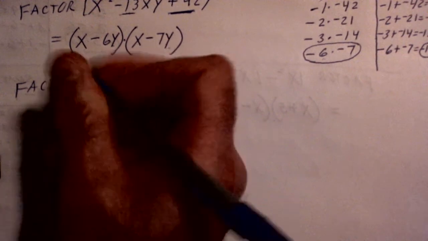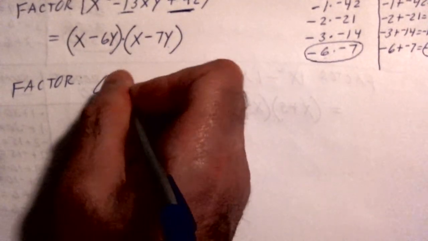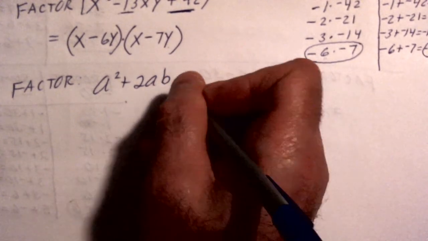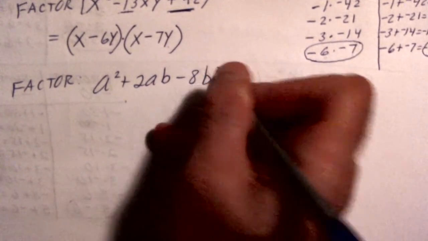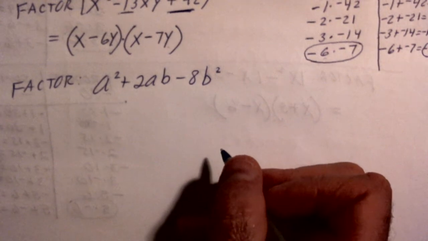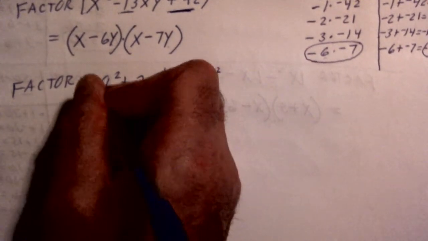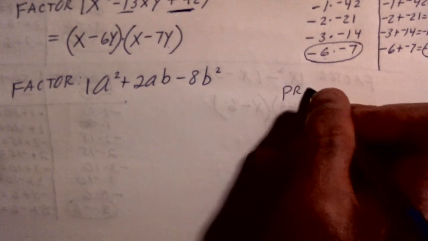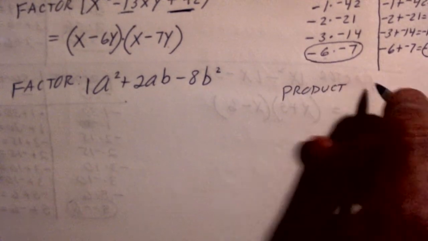Okay, let's try this one here. a squared plus 2ab minus 8b squared. We'll try to factor this trinomial here. And notice again, it's the type where the leading coefficient is 1. So to factor this type of trinomial,